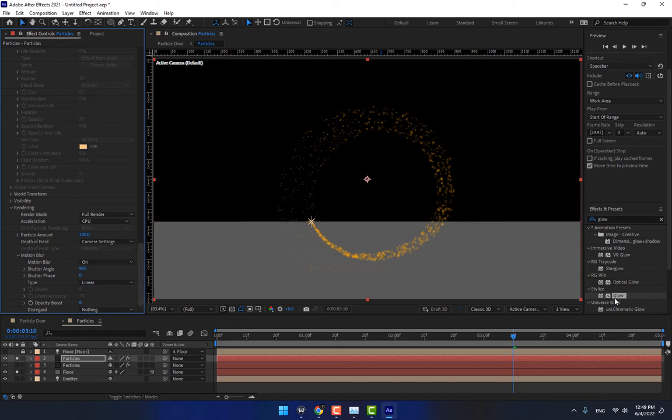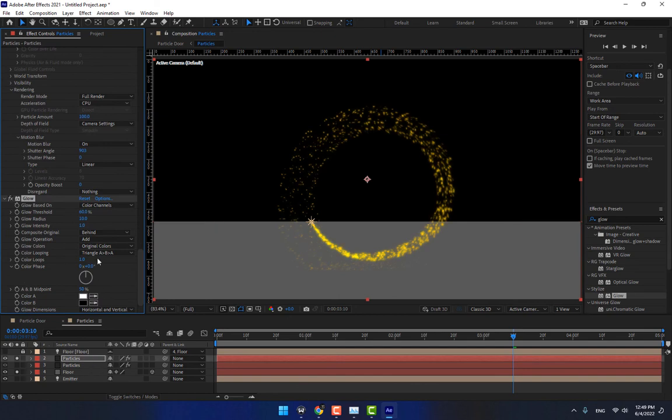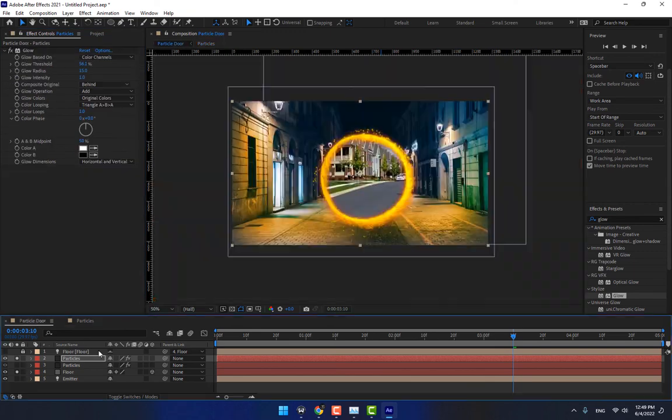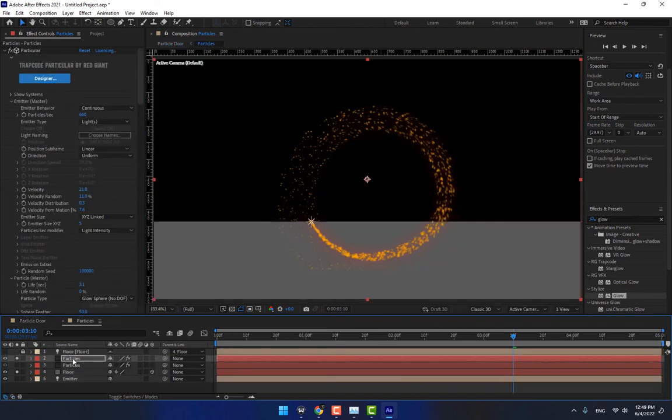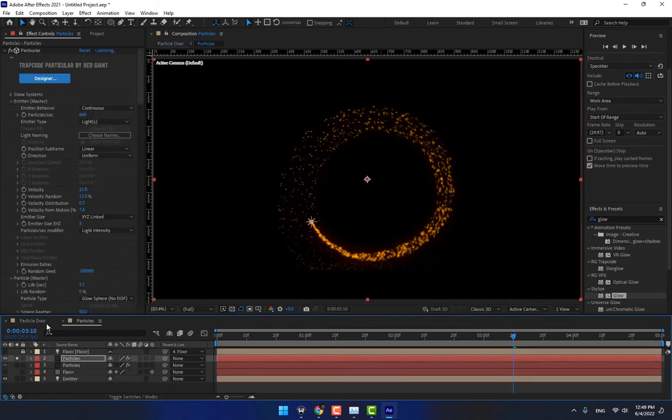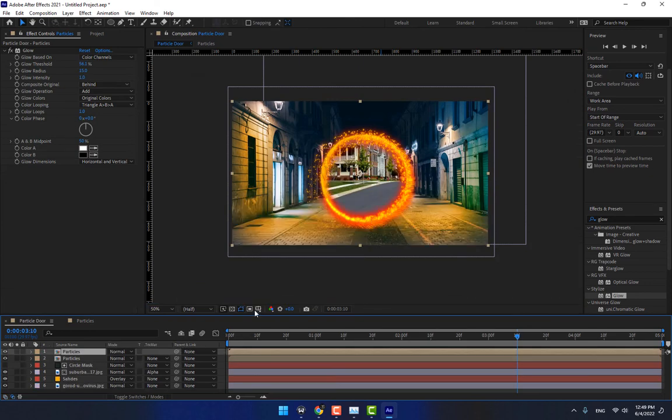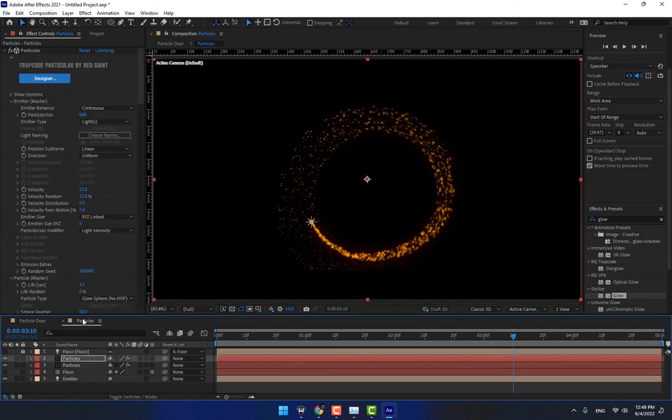good, drop another glow effect, great. Go back to particle doors and double click, turn off the flow and okay,